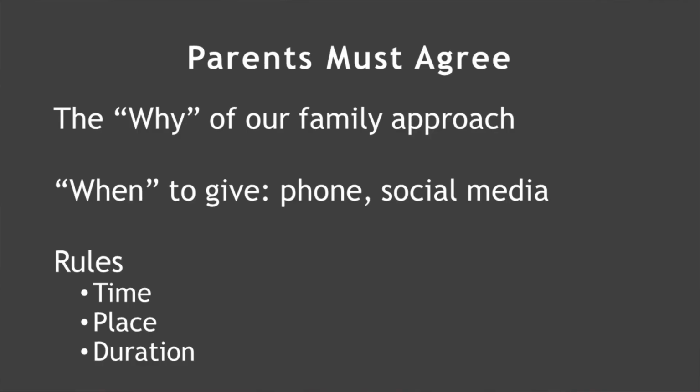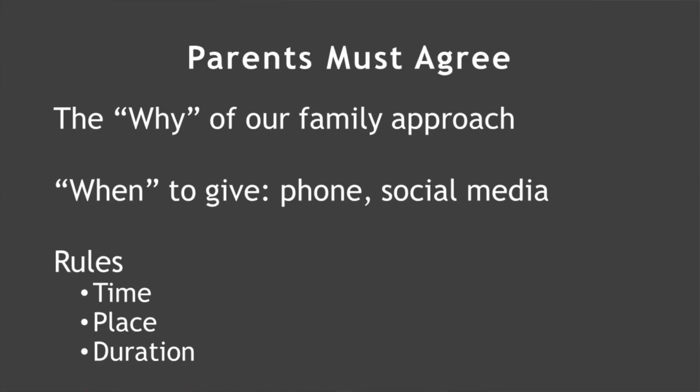It's obvious, but it's very important that the two of you, husband and wife, have good conversations and hash out disagreements. And there usually are disagreements, and that's okay, but hash them out in a good discussion, not just one person going off and giving a child a smartphone or one just taking it away. Obviously, it's very important that the two of you are united on this topic. And the things to agree on, I've listed here on this slide.